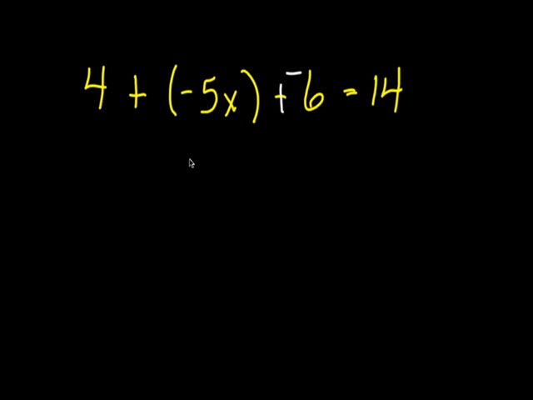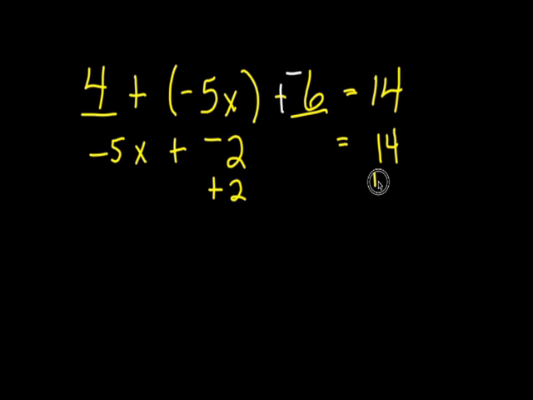So combining like terms, I see that I have a number term and a number term. So I'm going to bring my negative 5x over here because we like our x's on the left, plus 4 and negative 6. I take the sign of the bigger number, which is negative, and subtract. So that's negative 2, and that equals 14. And I'm left with the two-step equation. So I do opposite of the negative 2, which is positive 2. That means these will cancel. So I'm left with my negative 5x